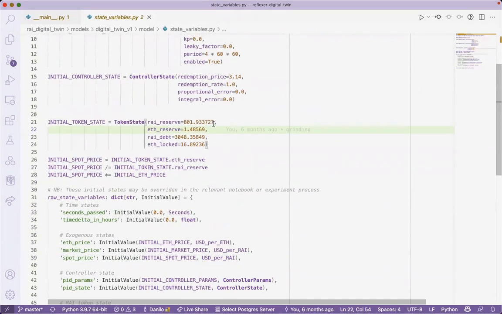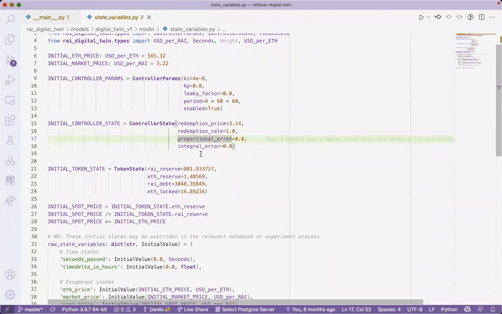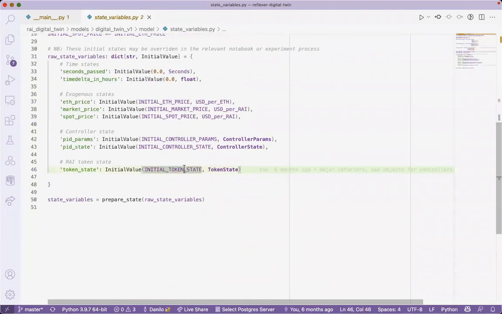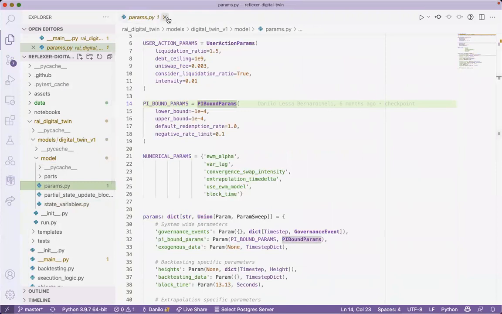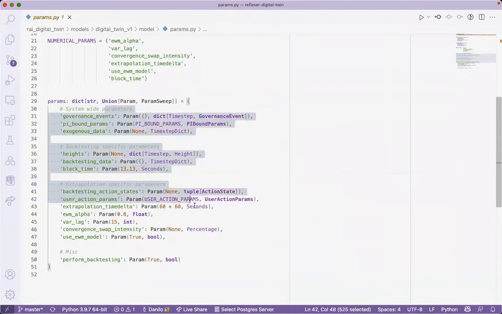But you have some inputs here that, unless overridden, are set up as initial states during this cycle. Actually, this is not the input that I had typed on my side. But anyway, one thing that you could tweak is the params one here. Those are all the cadCAD system parameters. There are things here that it's possible to tweak. For example, one of them is this block time here.